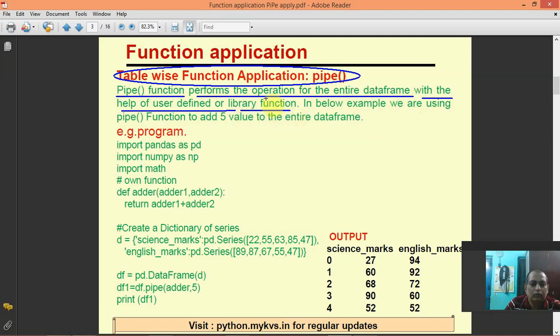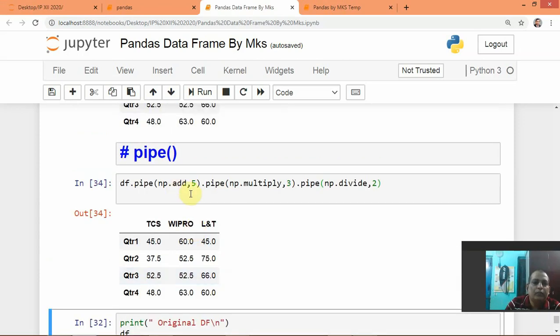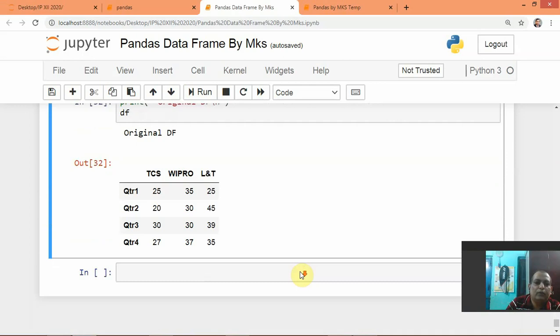So we have seen library functions: np.add, np.multiply, np.divide are library functions, and we are using them with pipe. One more thing we will see, how to use a user defined function with pipe.